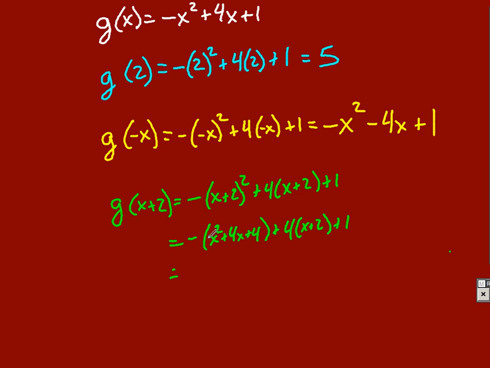And then let's see if I can simplify it more. I'm going to distribute this negative in. So I'll have negative x squared minus 4x minus 4. I'll distribute this 4 in here. So I'll have a plus 4x plus 8 and plus 1. And then when I simplify this further, we'll have a minus 4x and a plus 4x. Those will go away. Negative x squared should be plus negative 4